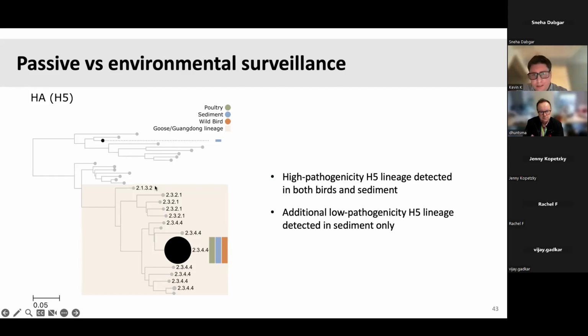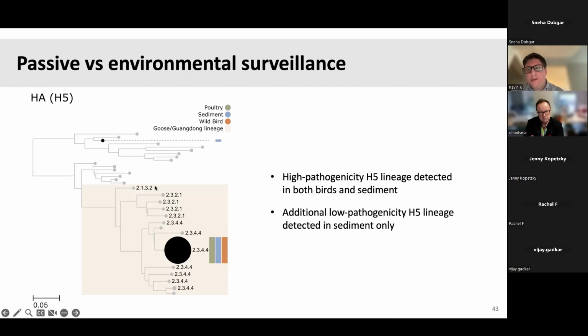The green cell indicates lineages detected in poultry. The blue cells indicate lineages detected in sediment, and the orange cells indicate lineages detected in wild birds by passive surveillance. And then there's also beige shading for the Goose Guangdong lineage with the clades written next to them. So what this figure really shows us is that the clade 2344 lineage causing the outbreaks on farms